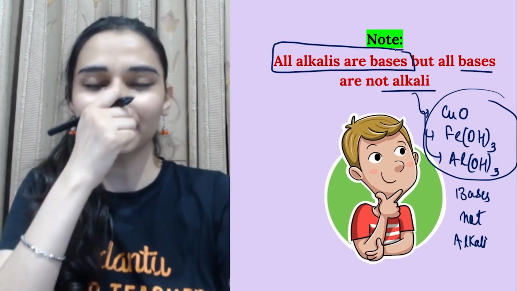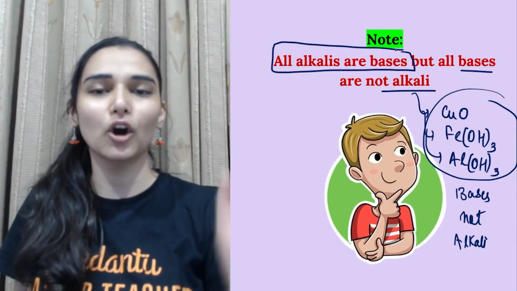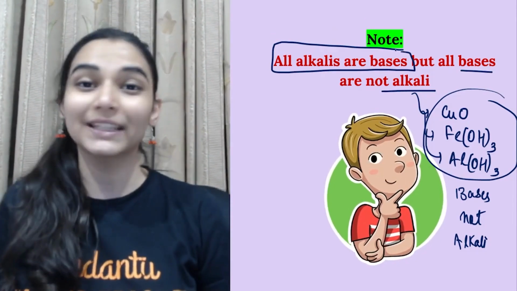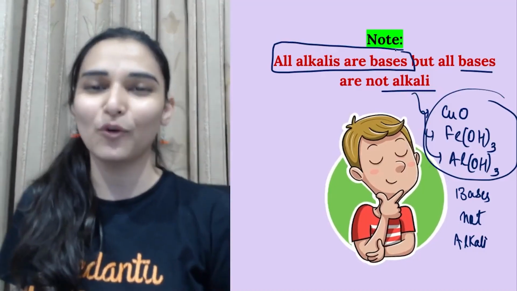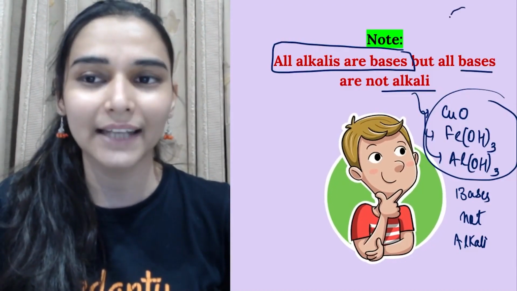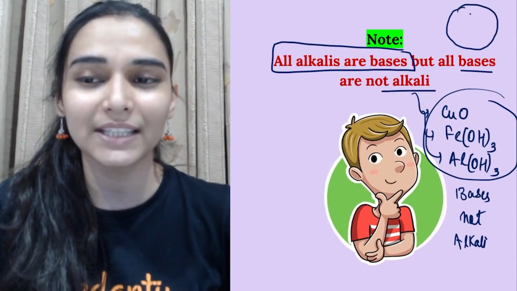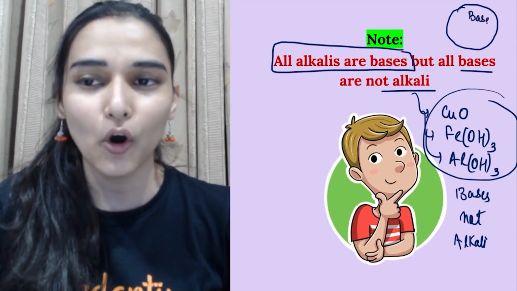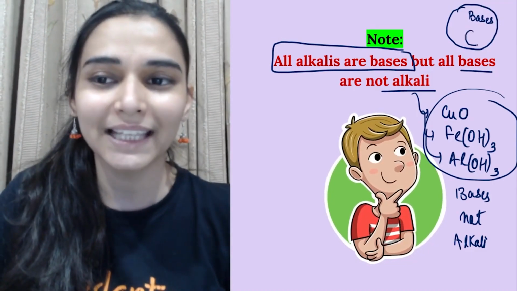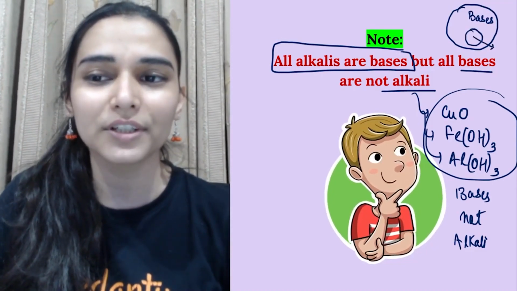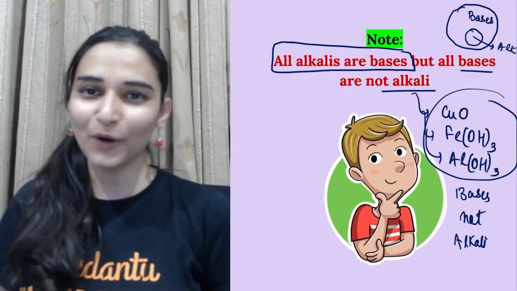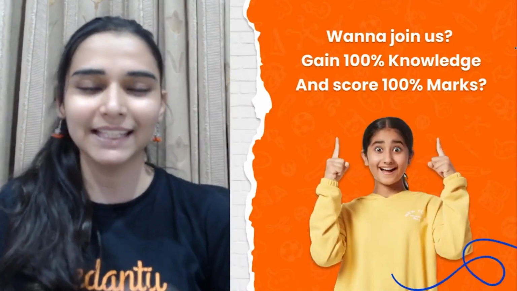So this is a true statement that all the alkalis are bases. They all are going to give OH ions in water, but all the bases are not going to be the alkalis. There might be some water insoluble bases. So I can simply explain it with the Venn diagram. Let's say the circle is representing all the bases, all species which give OH ions in water. Then there would be some selective bases which are water soluble. So they will be alkalis. Okay, very easy, very easy. Okay, I guess there is no confusion.